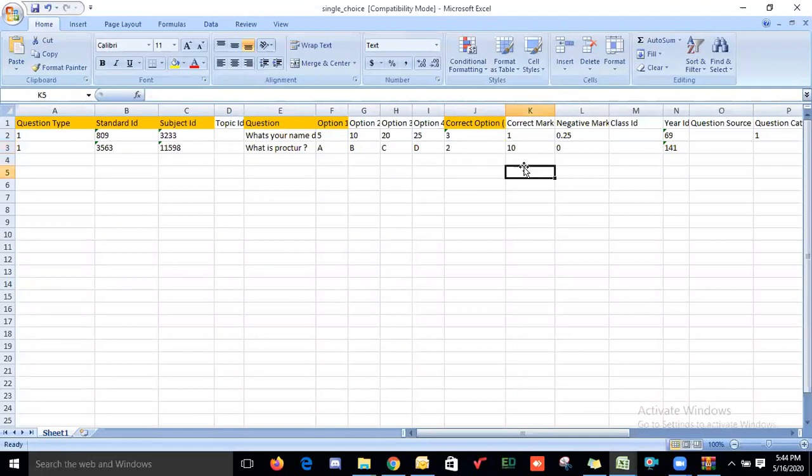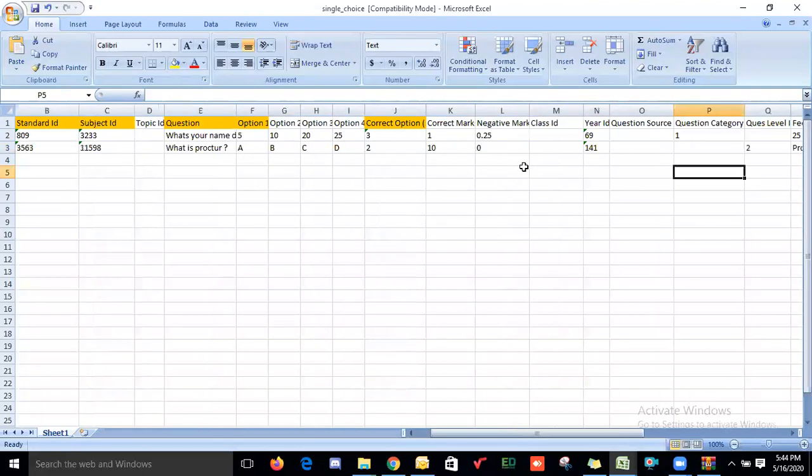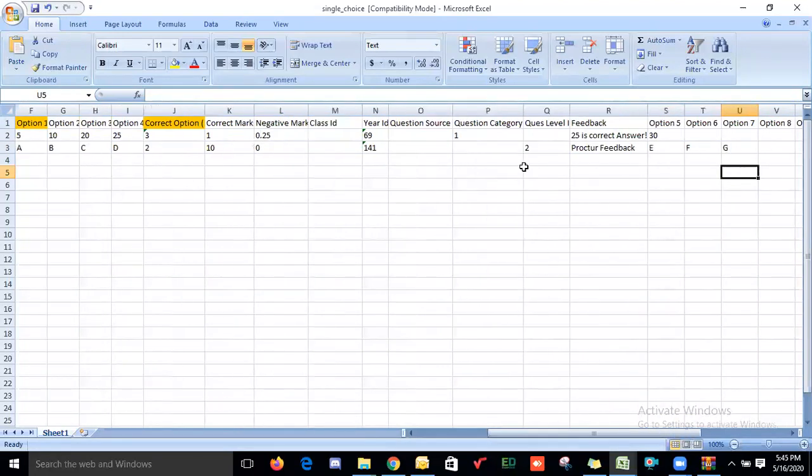Here we have given a few more fields, additional details. If you want to introduce marks from the same file itself, you can refer to the columns given as correct marks or negative marks. Else you can keep it blank, because whenever we assign questions into the test, at that time we can assign marks to the particular questions. Here we have introduced a few more columns like source, year, category. If you have created these fields in Examdex, then you can fill them, otherwise you can keep these fields blank.